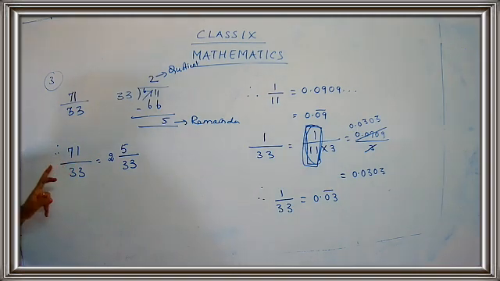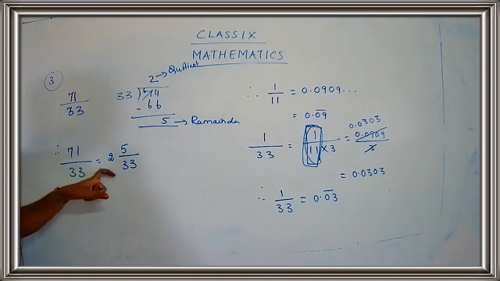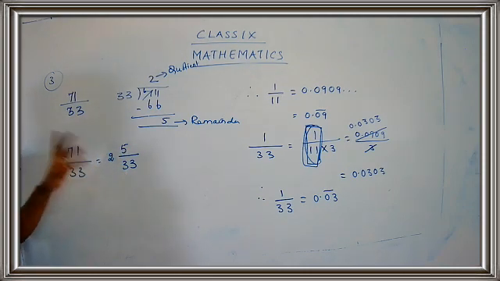So how are we changing this? See, 71 upon 33, that is the fraction. The rational number is written in the form of a mixed fraction. It's 2 from the quotient, 5 from the remainder, and 33 is the denominator that we already have. So this is the answer in mixed fraction. Now we have still not completed our sum. We have to go for further steps. Let's see what to do further.